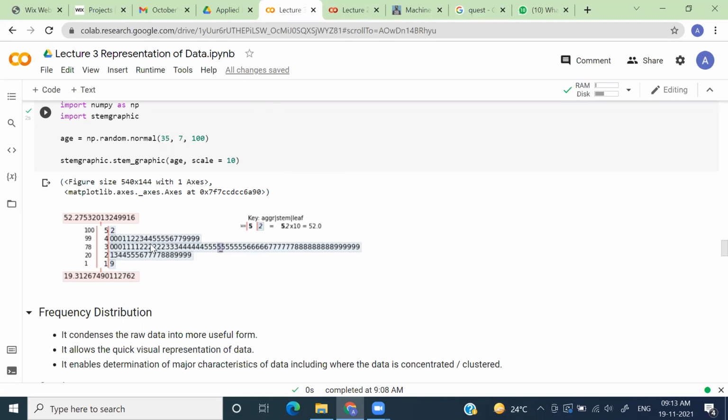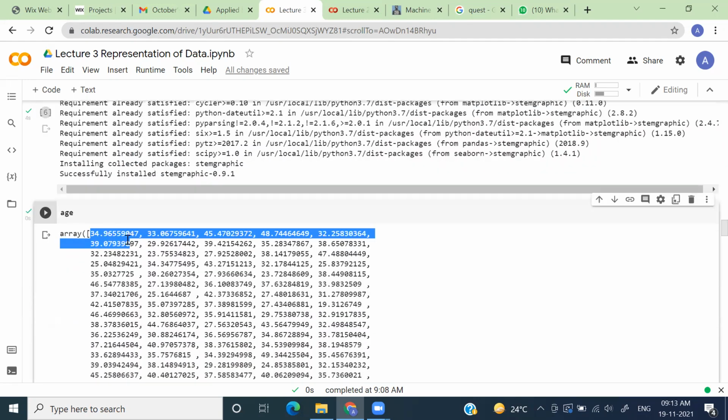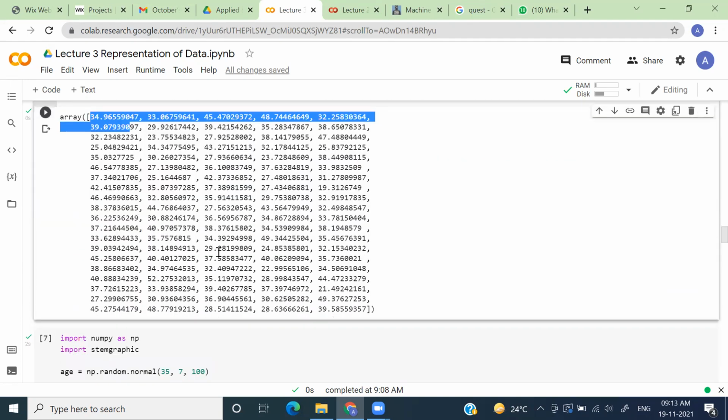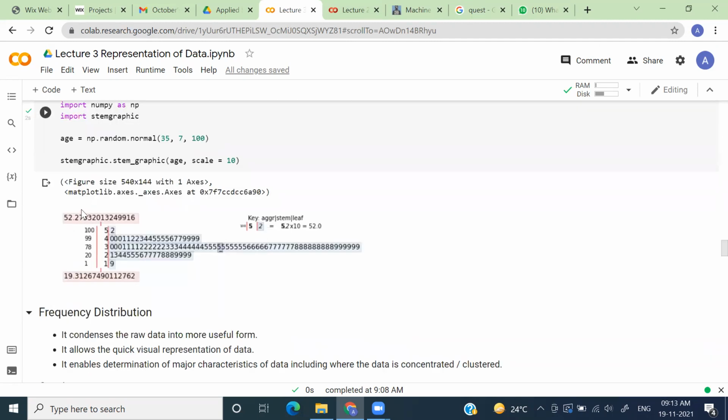All right. So are you able to understand this? How this distribution is able to make inferences about this data? So this is the power of visualization. If we look at this one, it's very difficult to understand anything, but the moment we transform this data into some appropriate visual, things become easy.